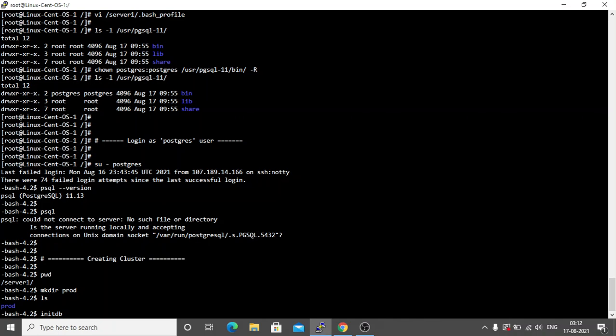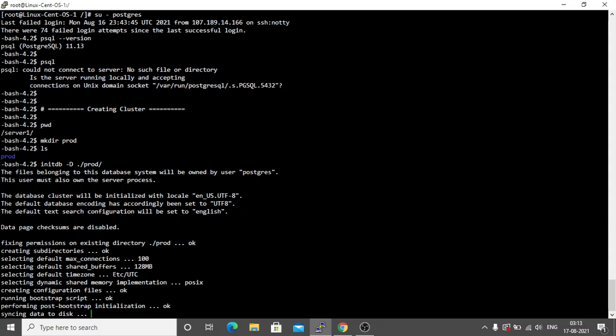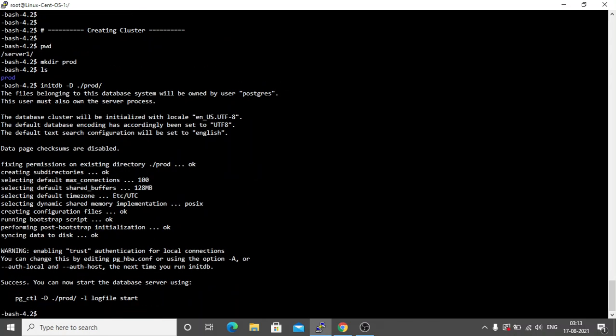This is a PostgreSQL utility which will initialize the database. initdb -D is for the directory path, which is the current directory, and prod. Press enter, and it has started creating the cluster. The DB has started initialization.